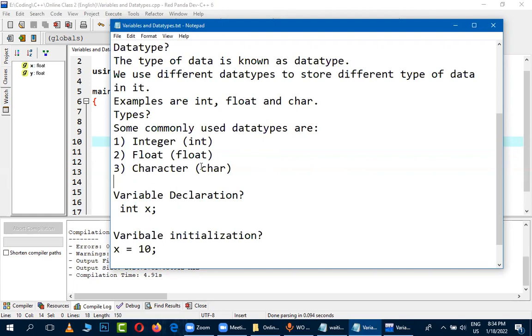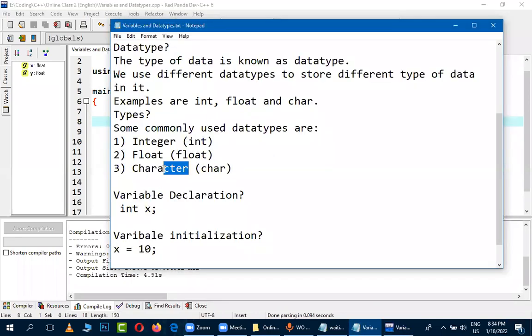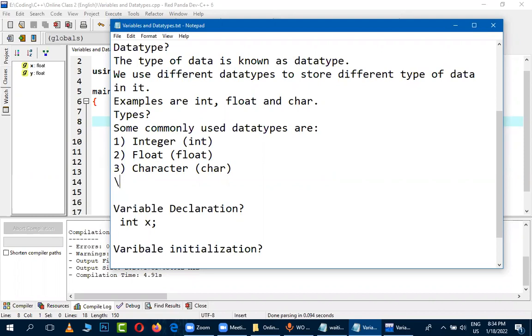Now let's talk about the third data type, which is commonly used, that is character, and is represented by char. So first of all, you should know about the character data type. Character data type is any alphabet or any character enclosed in single quotes. For example,